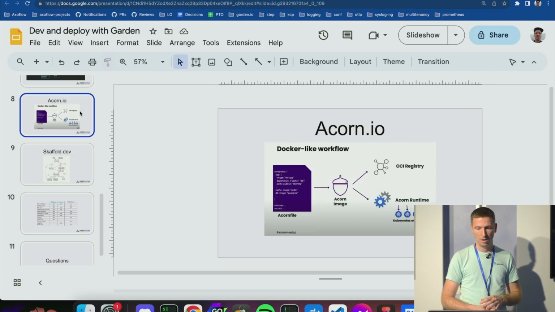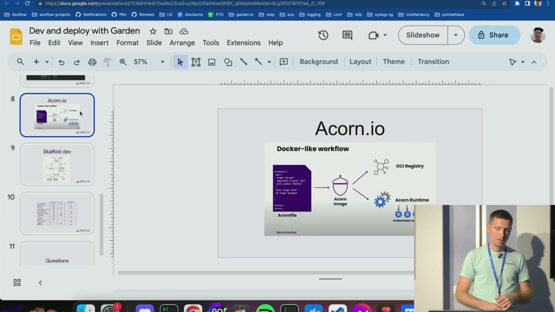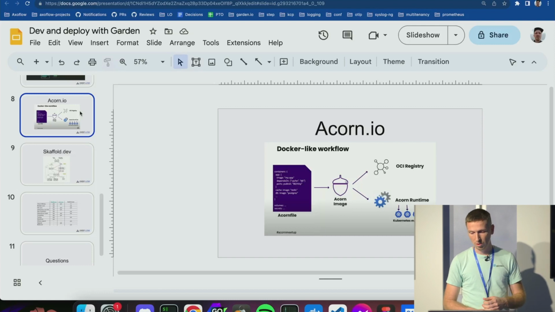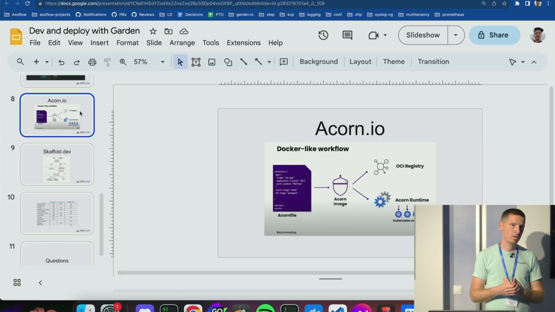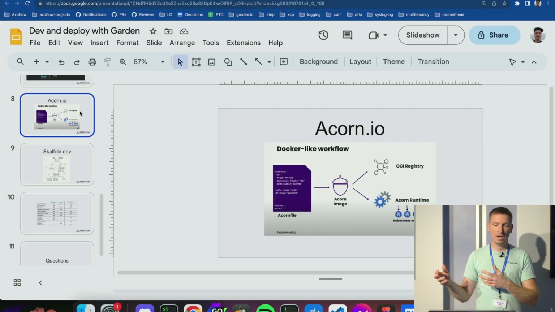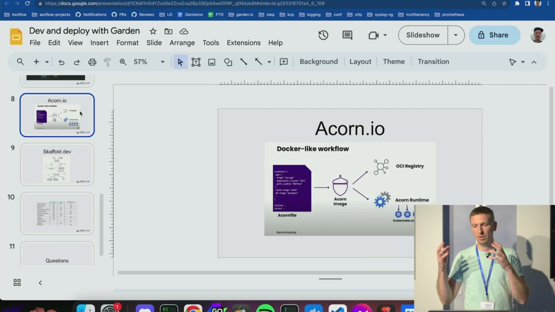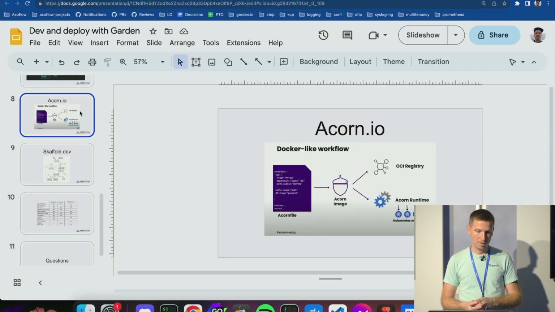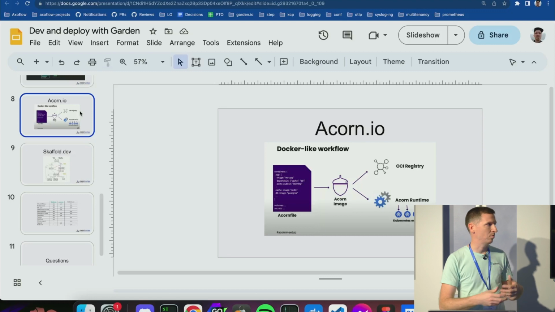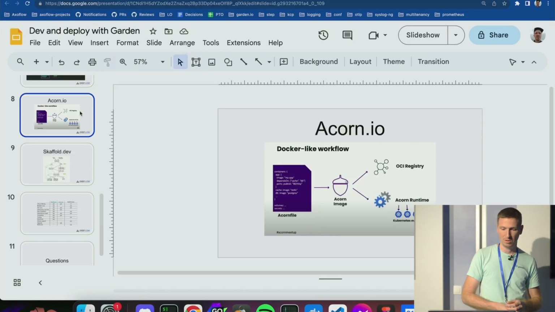One was Acorn IO, which promises to solve the problem of not being able to package up the whole deployment config. So with Garden, the problem was that we had to move to Helm because we wanted to create a package that we can give to our customers or for anyone to use, but with Garden, you can't do that. You have to ship the source code with it, so it's not possible. But with Acorn,